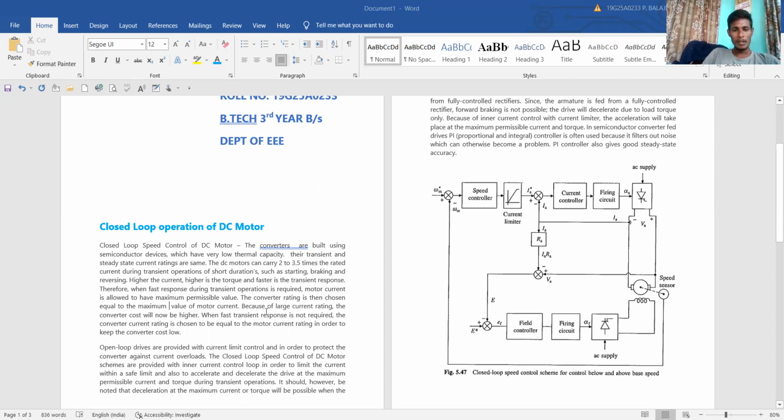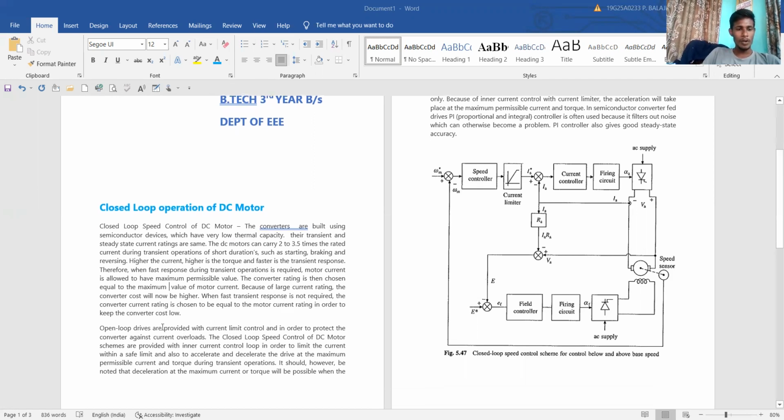Because of the large current rating, the converter cost will be higher. When fast transient response is not required, the converter current rating is chosen to be equal to the motor current rating in order to keep the converter cost low. Closed loop drives are provided with current limit control in order to protect the converters